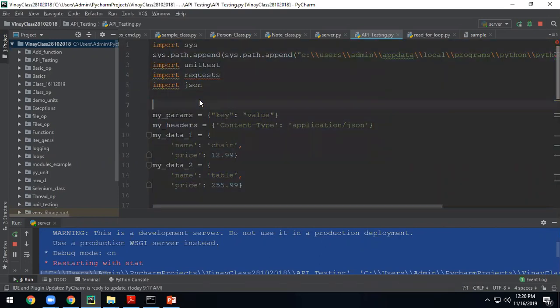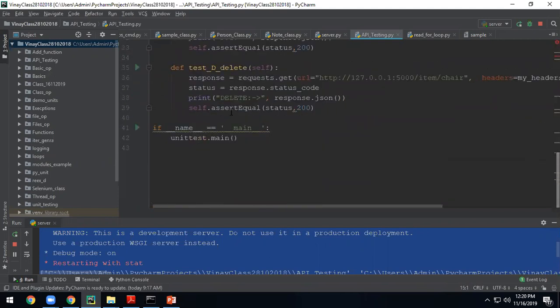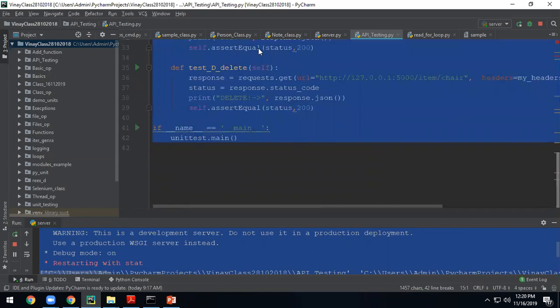I'll share this code also. This is a separate program.